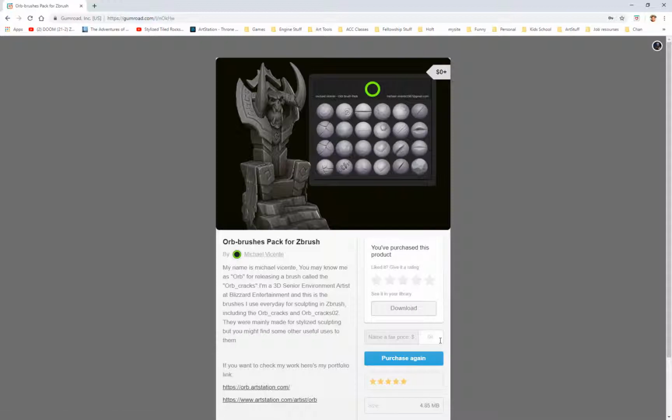You have to type in 0 here and press enter, purchase again, and then download. So you can download all these brushes to your library. That's all I've done, and that's what you need to do too. I would just give them to you, but I really think it's fair since we're not paying for them, especially,